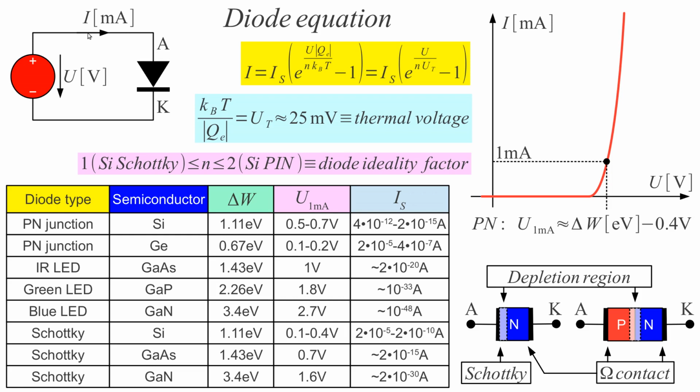For a rectifying junction between two different materials, we have the diode equation, where we have the forward voltage applied to the diode, this is U here, the current through the diode, this is a physical constant, saturation current, depending on our diode, charge of the electron, Boltzmann constant, absolute temperature, and this N is the ideality factor of a diode,